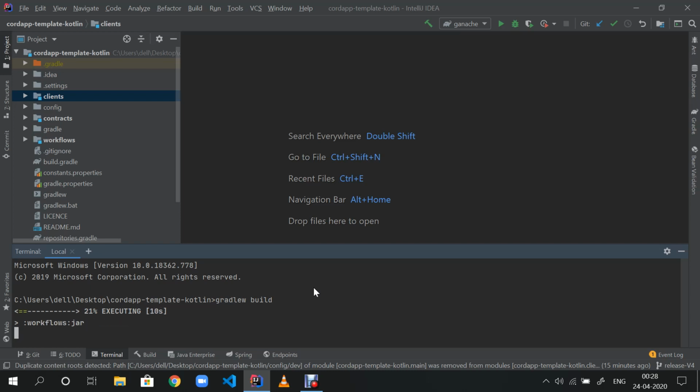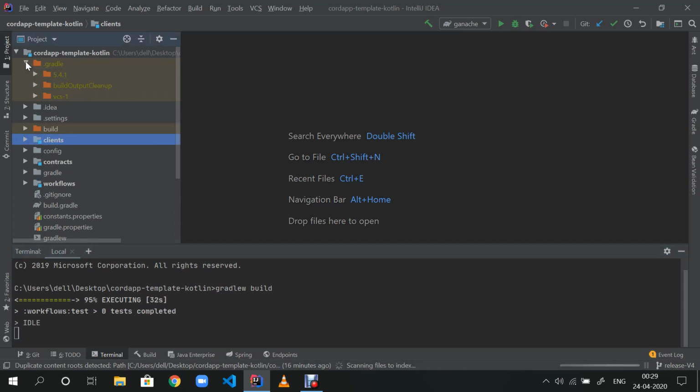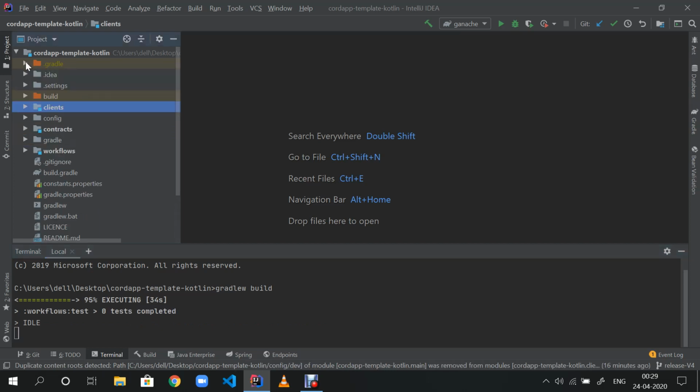This will take a few seconds. What's happening is when you do the build command, Gradle creates all the folders, or the configurations that are mentioned in the configuration files, and develops a skeleton of the Corda app. So when you hit build, this Gradle folder will be formed.